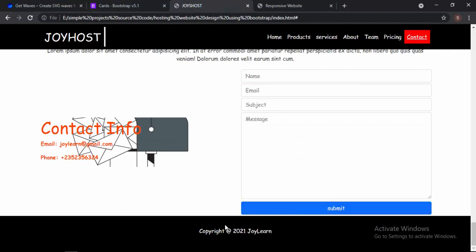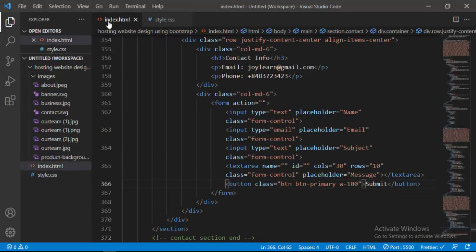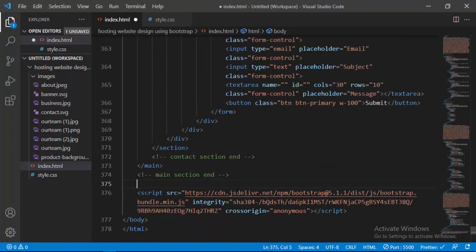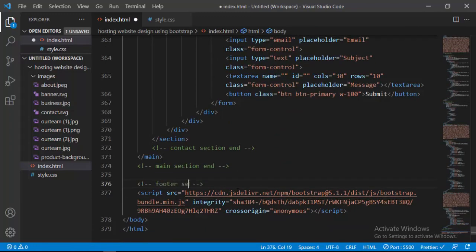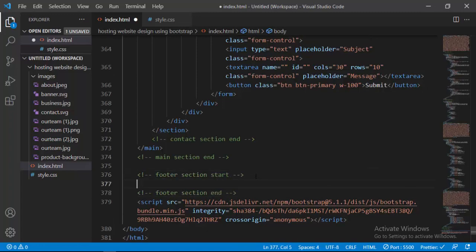Yes, it is so simple to create that. I just come inside our index.html file, and I don't need any wave here out of the main section. Finally, I want to create our footer section. Footer section start, and footer section end. And inside that, I'm going to create our footer. I don't have to create a footer